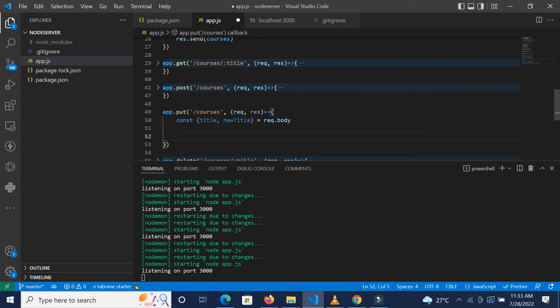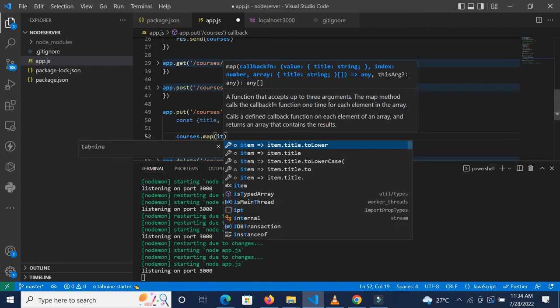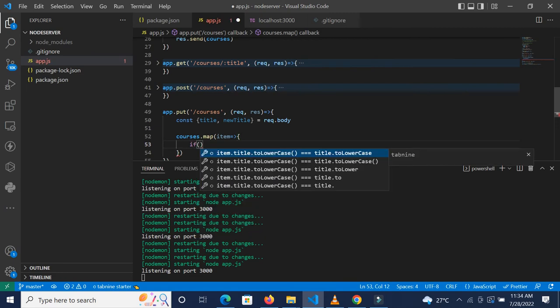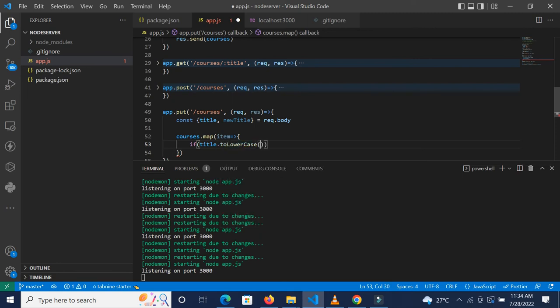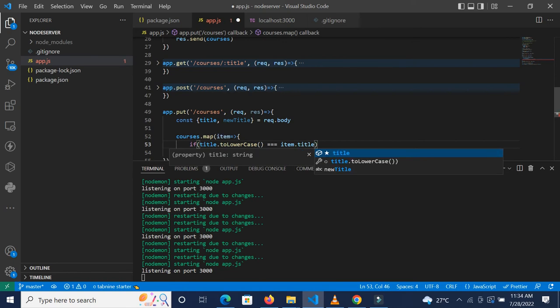And what we're actually going to do is we'll do courses dot map, and then for every item in there, we'll check if the title to lowercase is equivalent to the item dot title, the item to lowercase,